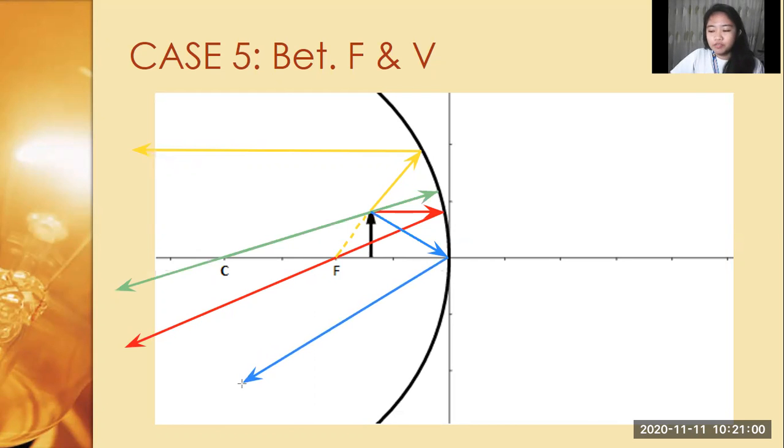And this, what are we going to do? They don't intersect. The reflected rays don't intersect. So what we can do is the reflected rays can have an extension. So in this case, I'm going to use a line without an arrowhead. So what we're going to do is we're going to extend the reflected rays at the opposite end, which is behind the mirror. Okay, so let's use red for